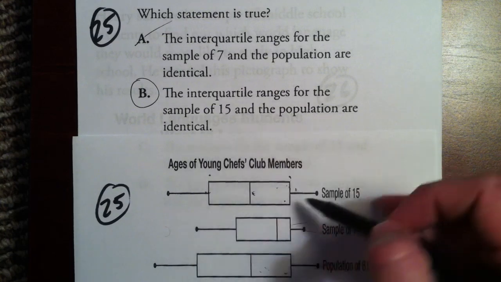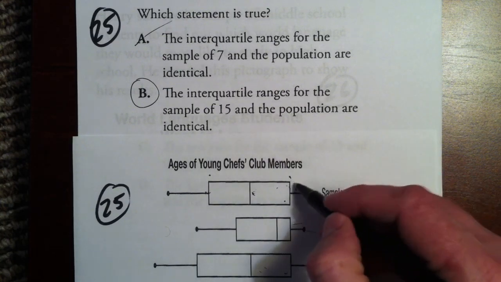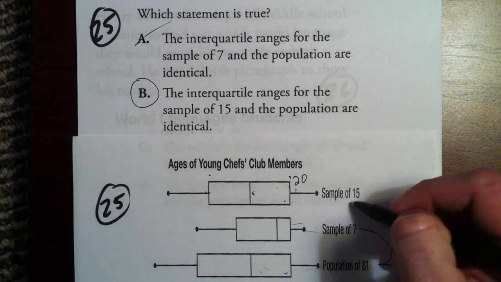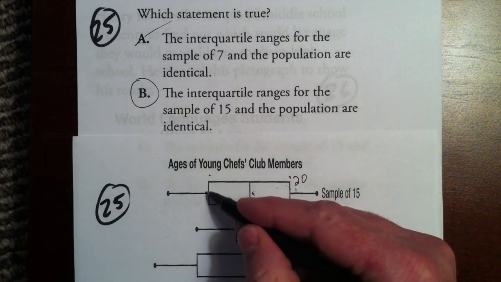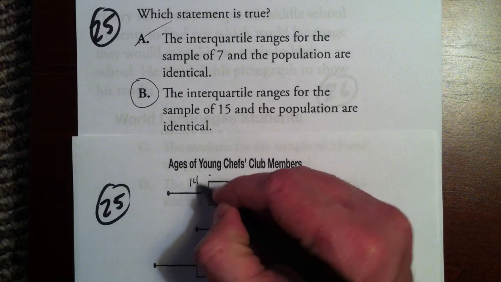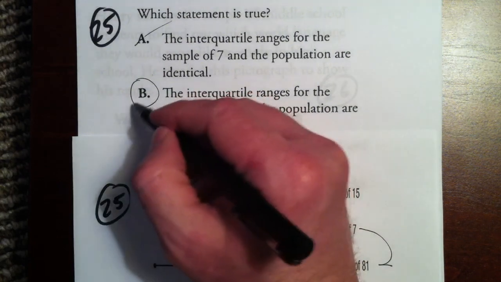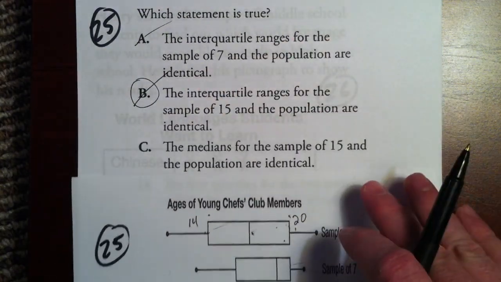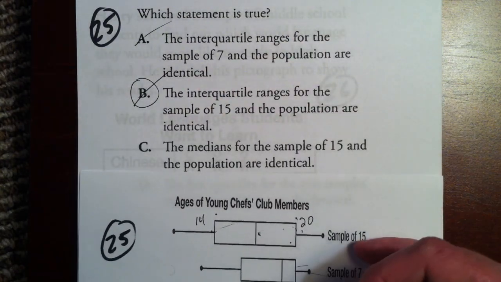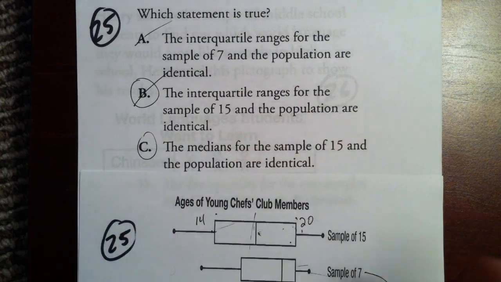Now, you'll have to forgive me. Actually, B, they're not the same. I'm sorry. This one's between 20 and that looks like that's going to be 14. This one is actually 13 and 20. So obviously those are not the same. So please forgive me there. The medians are the same, though. They're both at 15. So let's take a look at that choice.